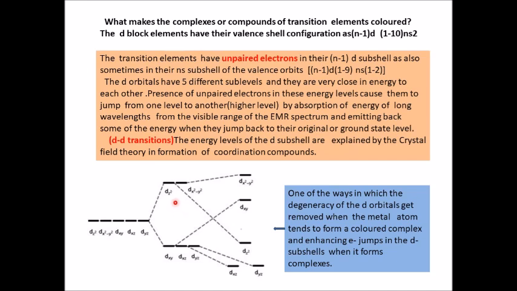Now, so we can say the reasons for the transition elements of the d block showing colored complexes are: first, unpaired electrons; second, d-d transitions; and